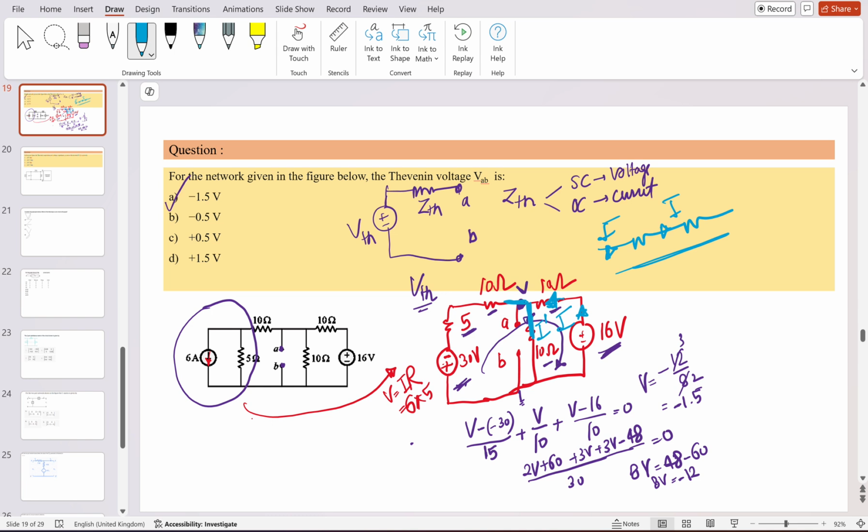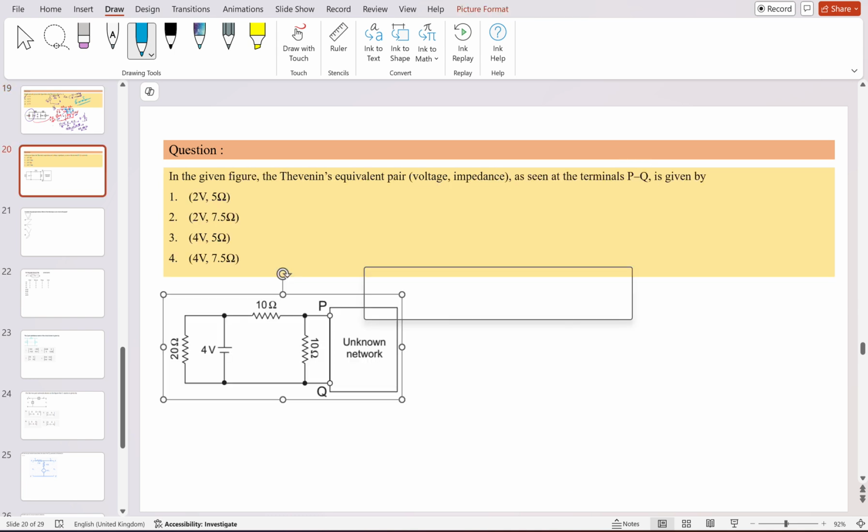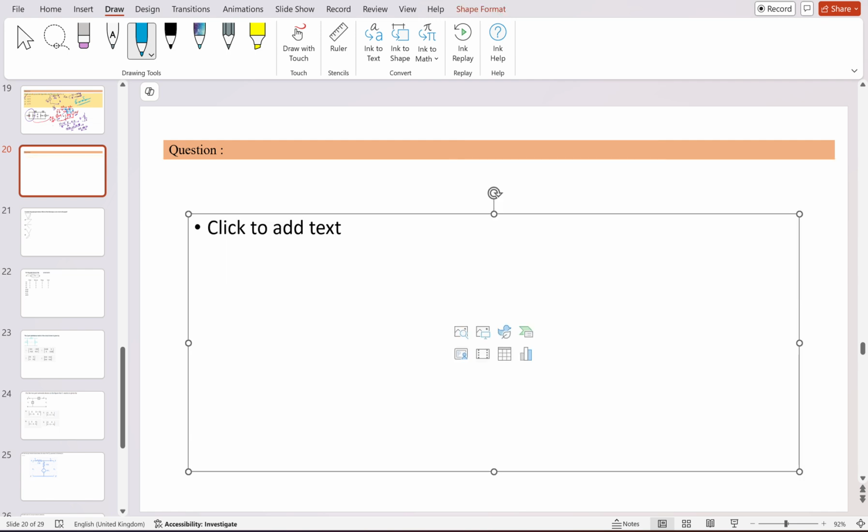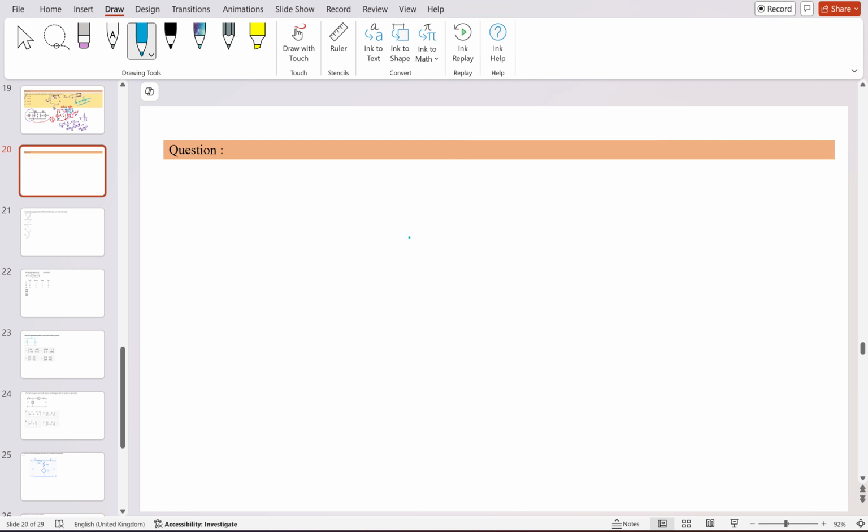But the potential is the same as... V equal to 16 into... No, no. The potential is not the same. Let me show you why it is not the same. Suppose in the problem itself that this is a 16 volt source,